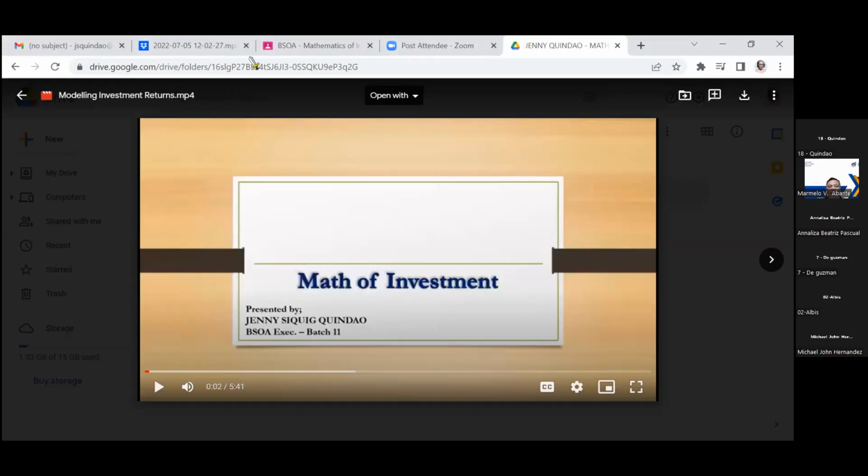Okay, good day everyone. This time we're going to discuss a topic about modeling of return on investment. We have different return on investment methods, but of course, most commonly,